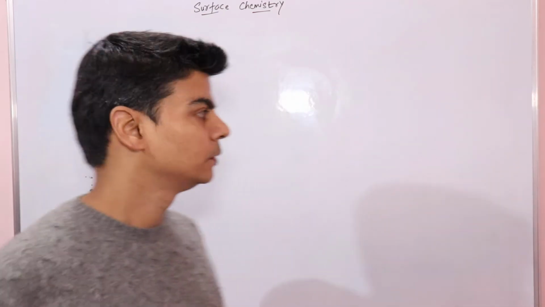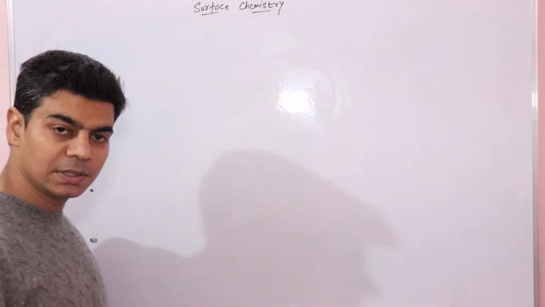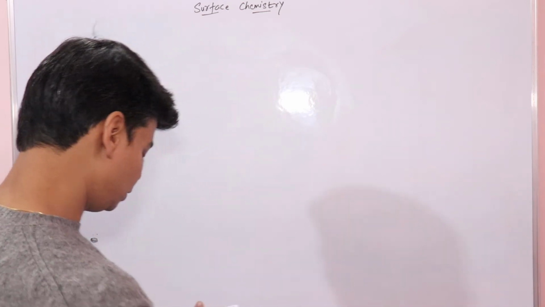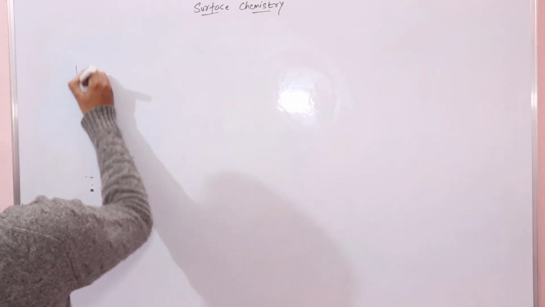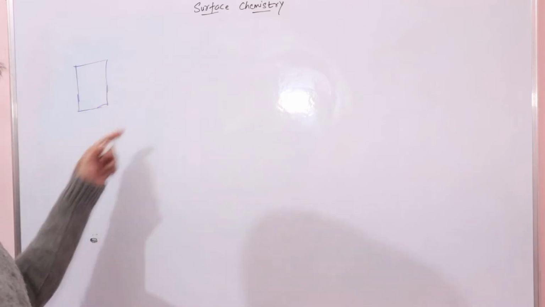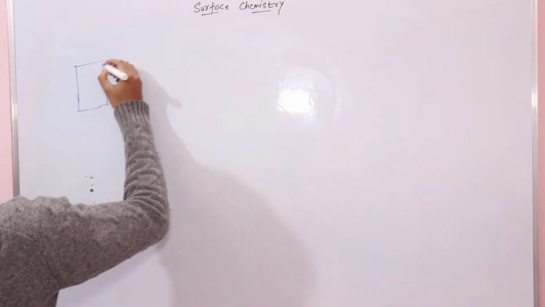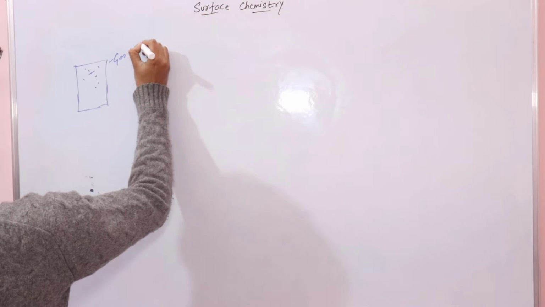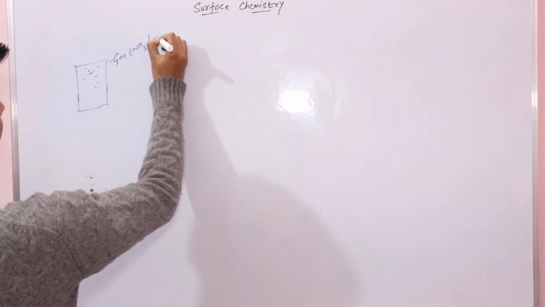In this video lecture, we will go through the process of adsorption. From our previous lecture, it is clear that adsorption is a surface phenomenon, like evaporation is a surface phenomenon, right? So in order to understand adsorption, let's take some examples. Let's say this is a closed vessel, and in this closed vessel, we have a gas. Let's say this gas is ammonia or phosphine.